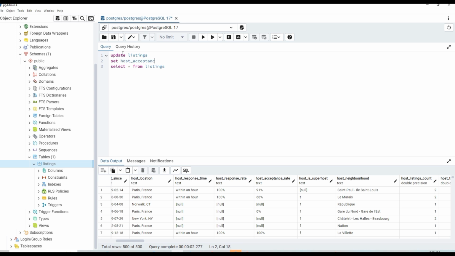Host acceptance rate, and then we're going to cast and then round, and then we're going to replace. So the host acceptance rate,